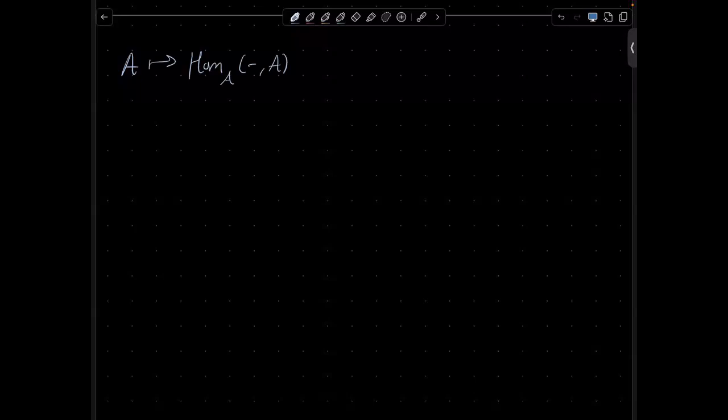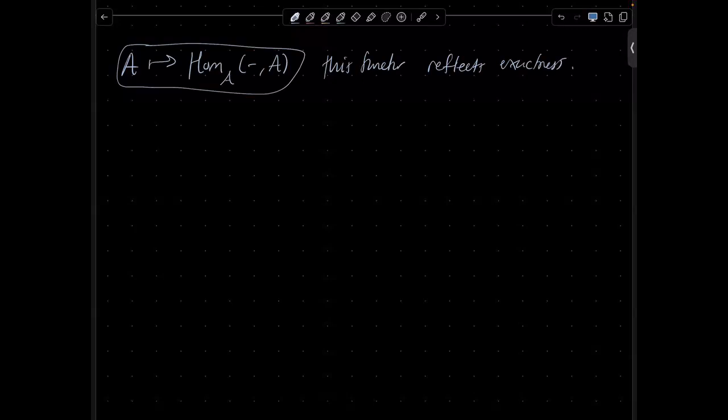This one. And so this functor, I didn't describe what it does to maps, but it's pre-composition. Yeah. This functor reflects exactness. And I will explain what that means. That is to say, i.e.,